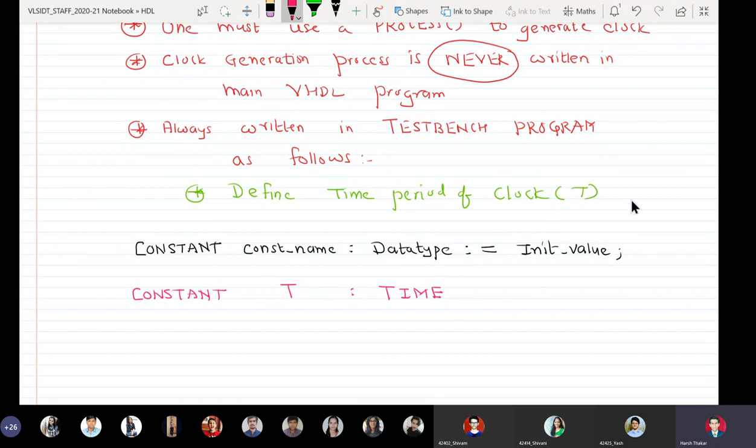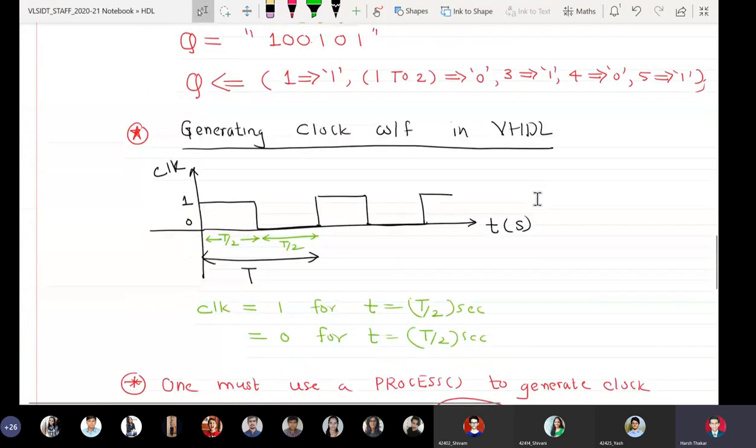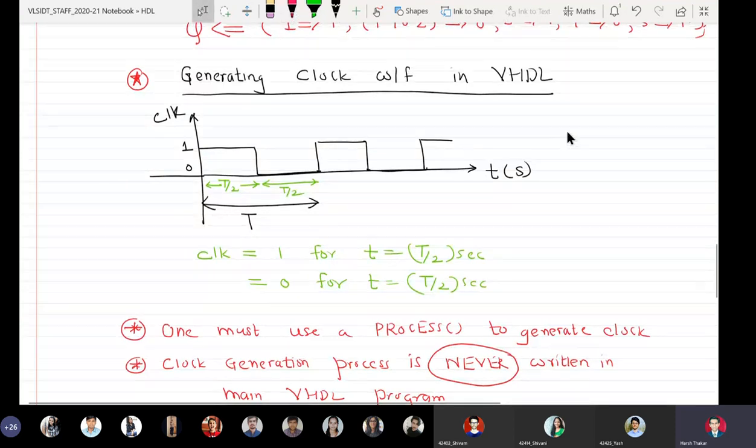So for example, say I want to generate a 1 megahertz clock. If f equals 1 megahertz, time period is equal to 1 microsecond.